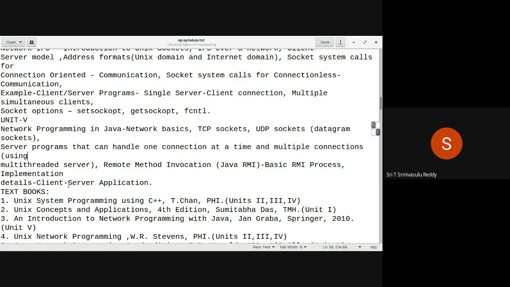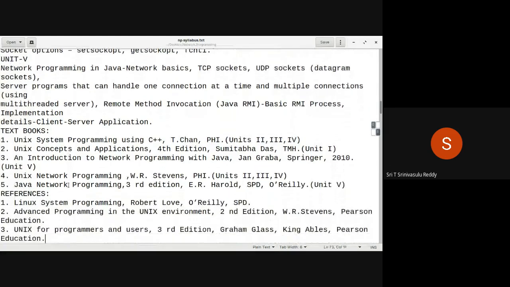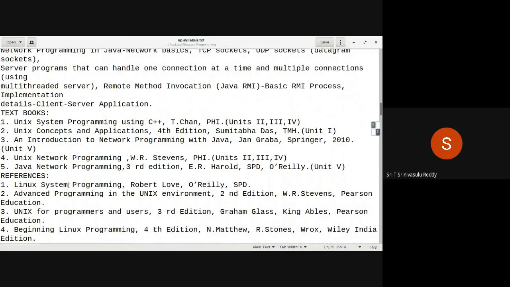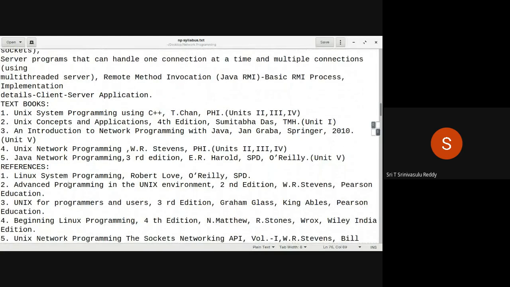Textbooks are there as a part of that. Unix system programming using C++ is not what is required, but you can refer to these books also. Actually, for network programming, the best book no doubt is Unix Network Programming by Richard Stevens.